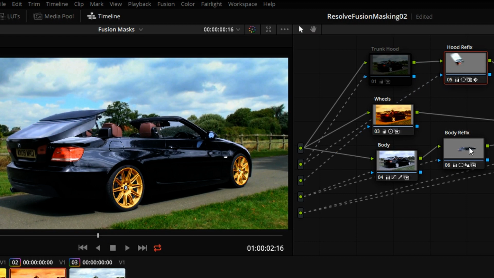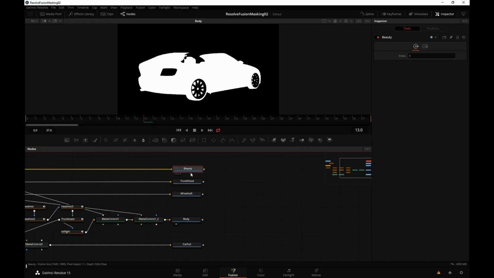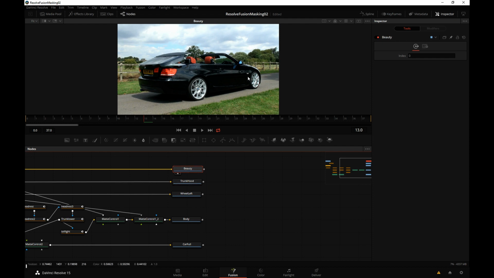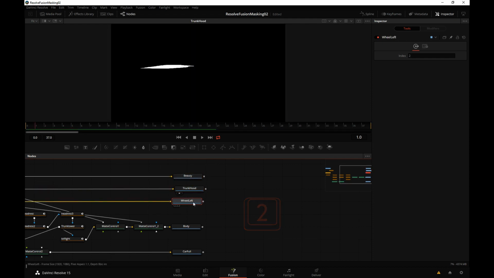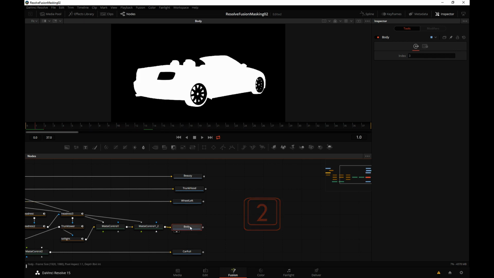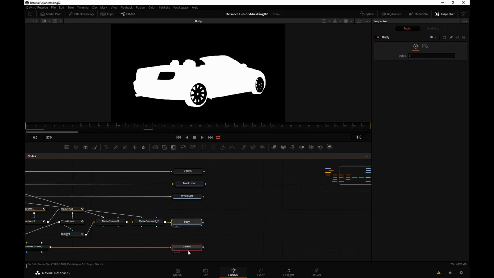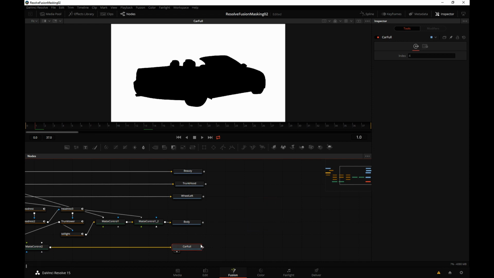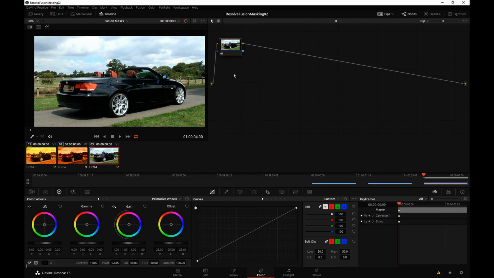You can really, not really relight an object in a 3D sense, but you can do quite a bit to enhance certain things. See the amount of reflection we're pulling out of this side of the car here. The background is punched up. In Fusion, we can see the corresponding media outs. So this is just the picture as is. The hood, the wheels, the body minus the rims and minus the taillight, and the background. And then we have this other example here,